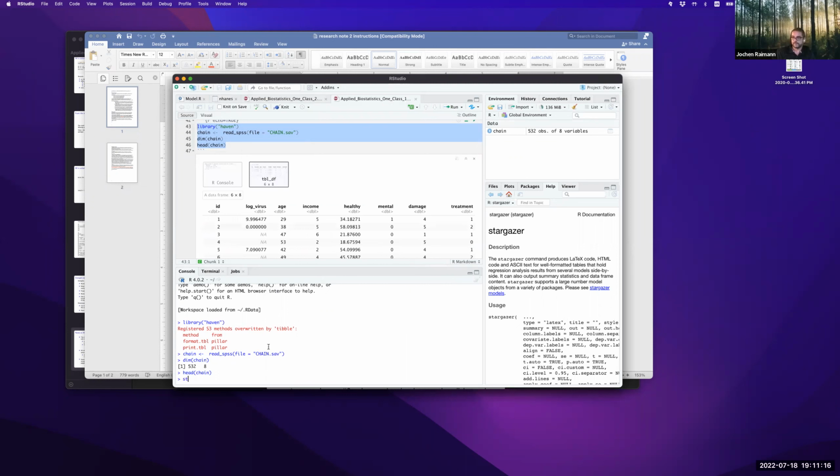You essentially just take the data set that you're working with, you specify that you want type equals text, and you basically get out